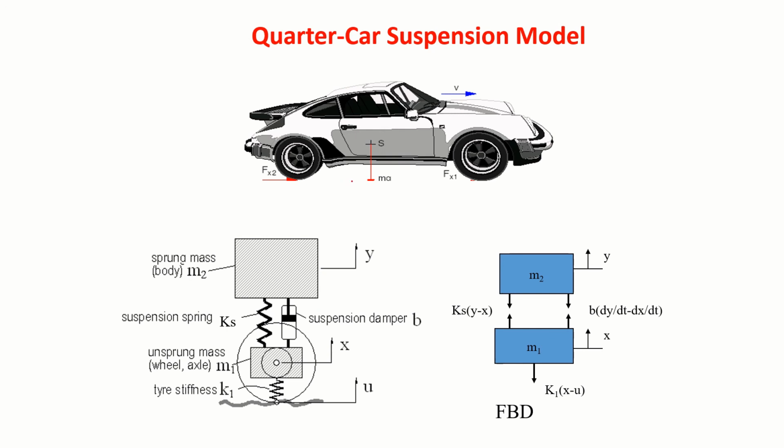Now in this case, I have already explained this to you. Sometimes in vehicle dynamics, we call it a quarter car suspension model. What do you mean by quarter car? Take this car, cut it into 4 pieces like this, and this is the quarter car. Whatever mass comes, the sprung mass, we write here. Whatever unsprung mass comes, we mark here. And it has one spring, one damper, and the tire stiffness. So for that we write the differential equation. That is what we call the quarter car suspension model.